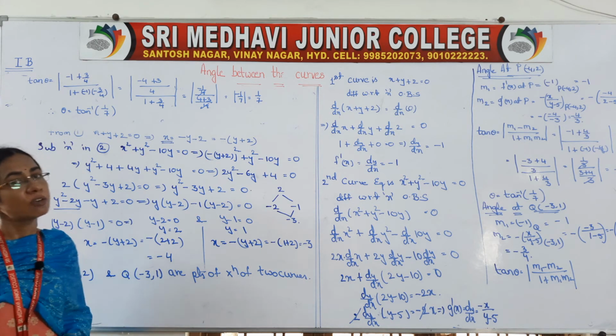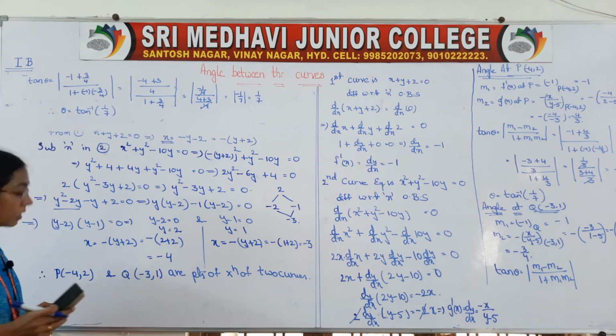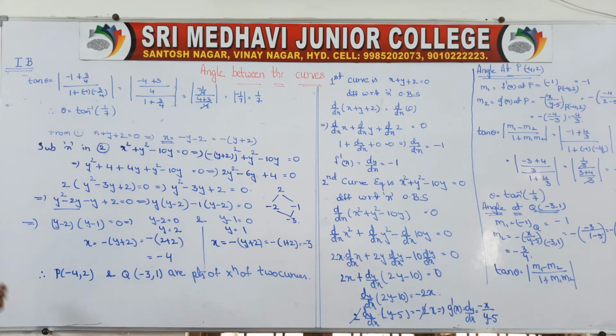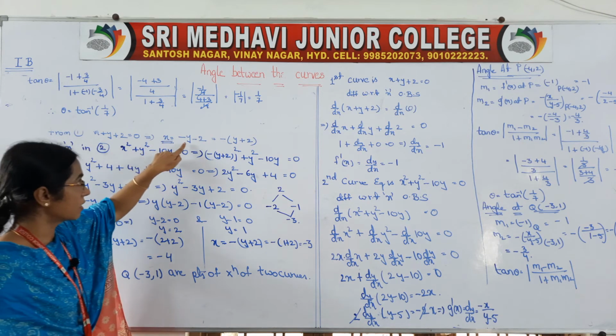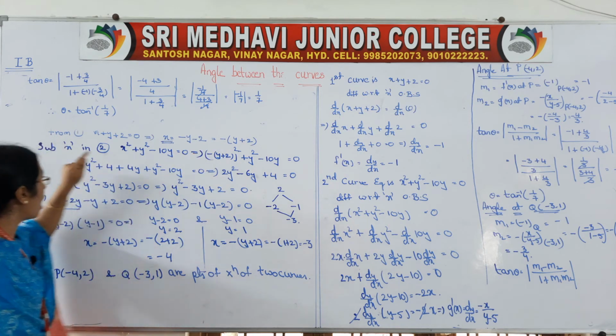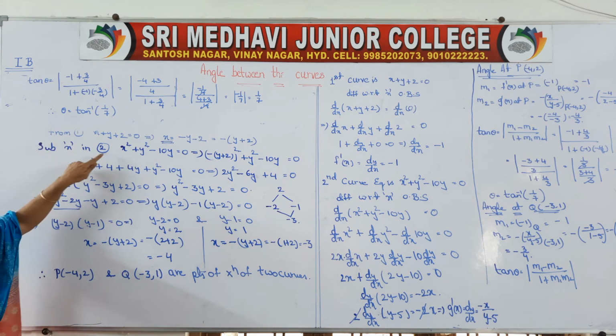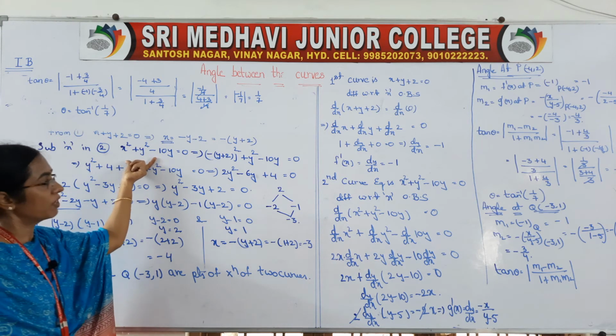So once again, first they will give two curve equations to you. Using the two curve equations, first find the point of intersection of the two curves. From the first curve you get x equal to this, where you can take minus common. After that, substitute this x value in the second curve equation. This is the second curve equation.